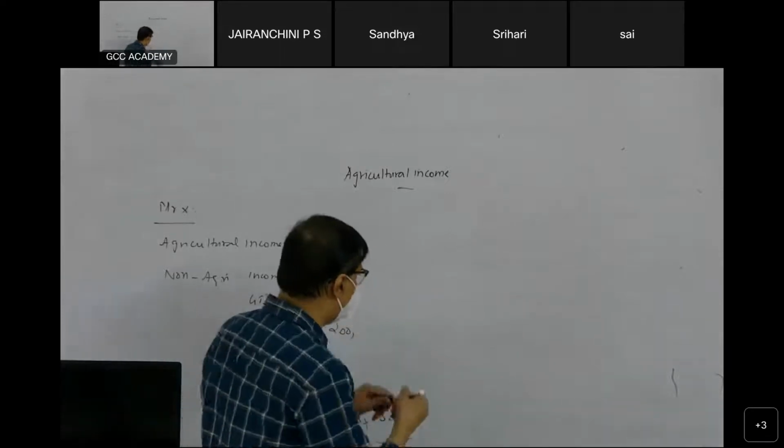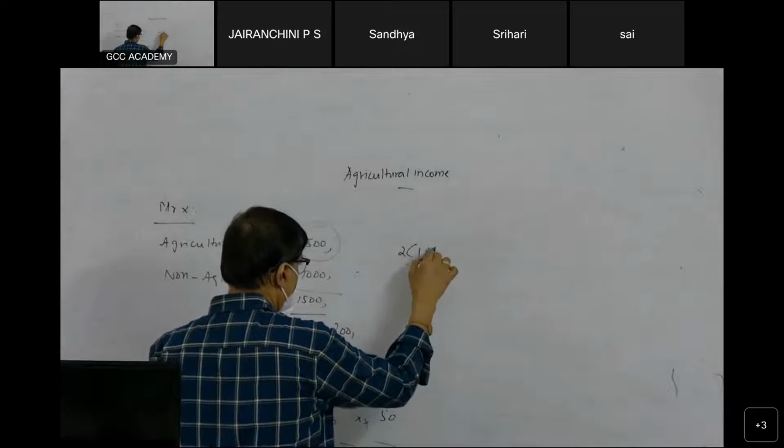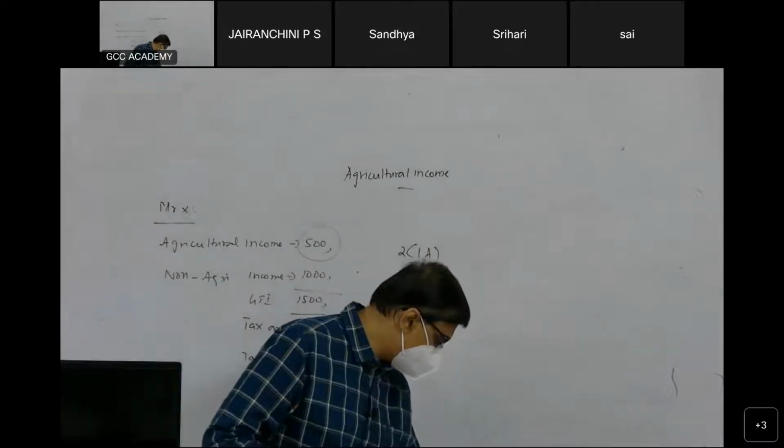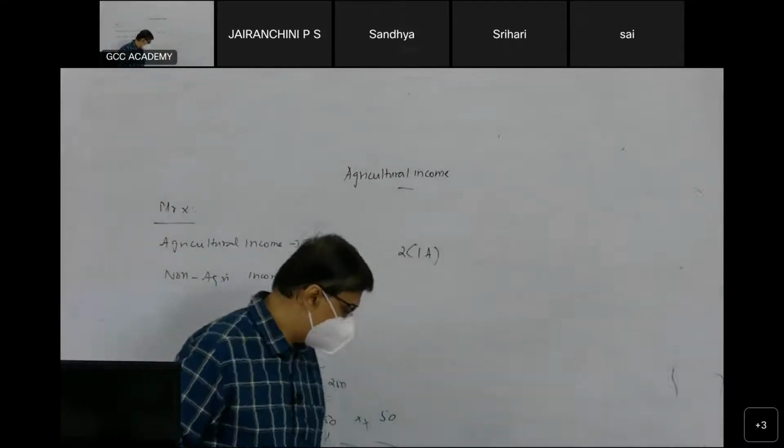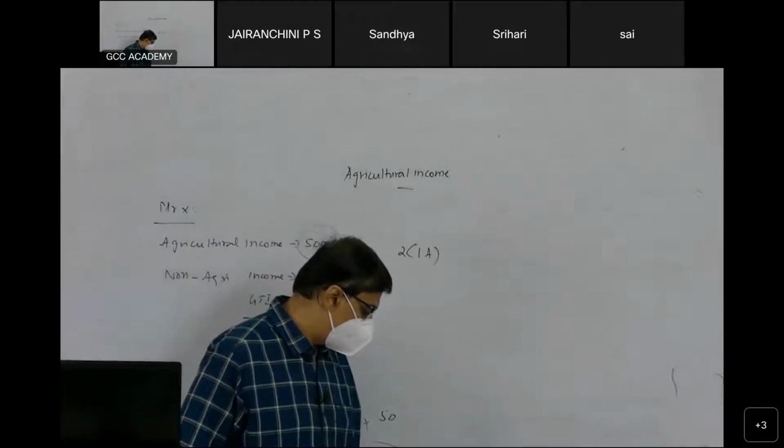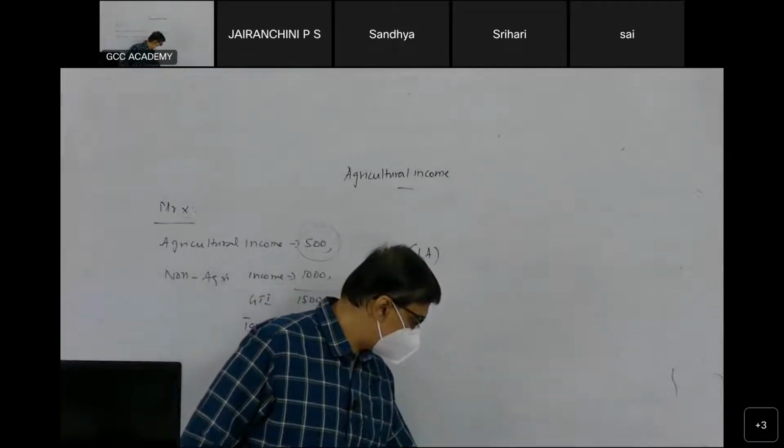According to section 2(1)(a), very important section. This is the definition of agricultural income. According to section 2(1)(a), agricultural income means